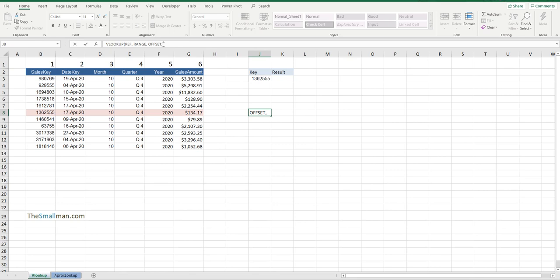So it's just the amount of columns, 1, 2, 3, 4, 5, however many you need. And then the last part is a Boolean reference where you're saying, do you want an exact match or an approximate match? Well, in this VLOOKUP, we're going to look for an exact match. In the next episode, or in the back part of this webinar, I'll show you how to do an approximate match. Yeah, so that's an exact match. Yeah, so that's just the syntax you've got to follow in order to get this